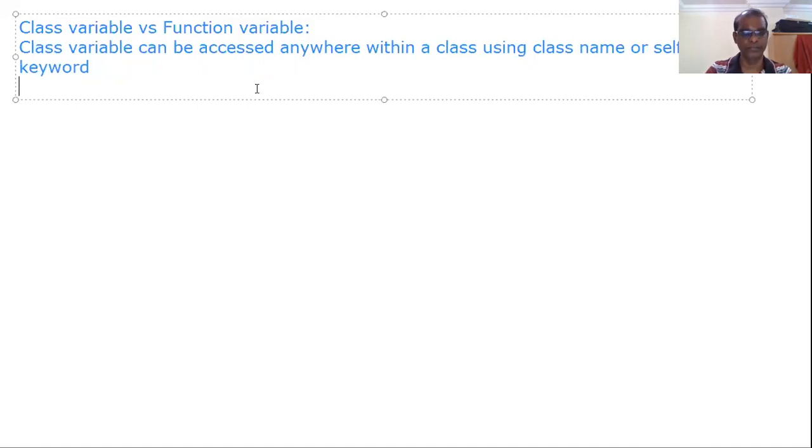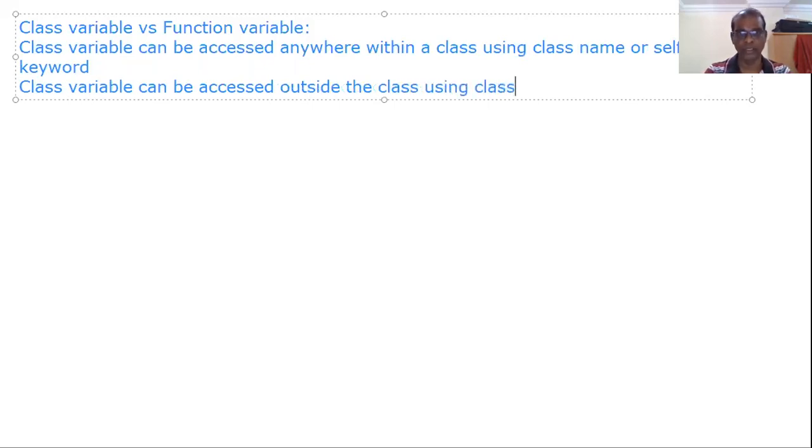Next thing is, the same class variable can be accessed outside the class using class name or object name, not self keyword.